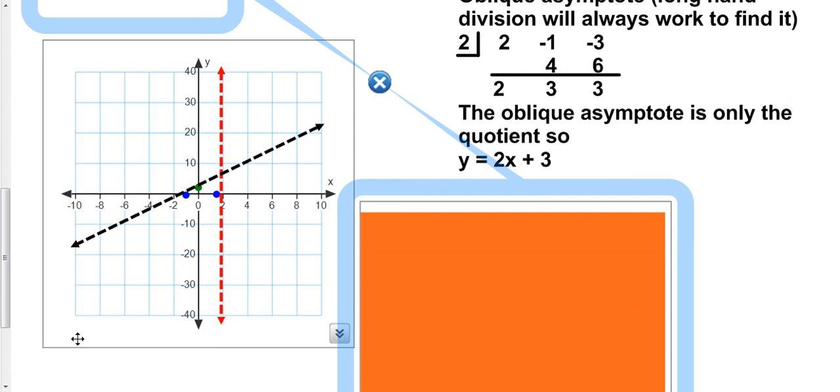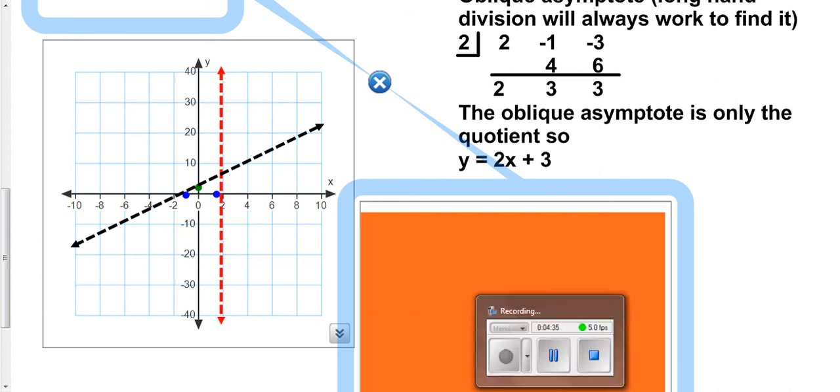Then you want to graph this on your graphing calculator, and then draw in your graph so it goes through all this here but does not cross the vertical asymptote. So when you do that,